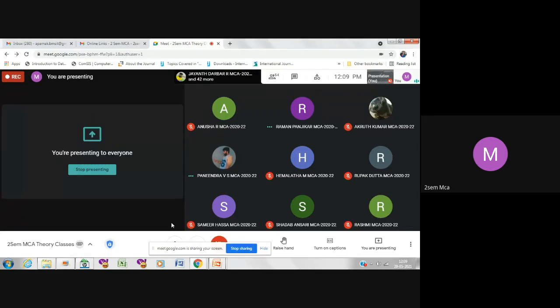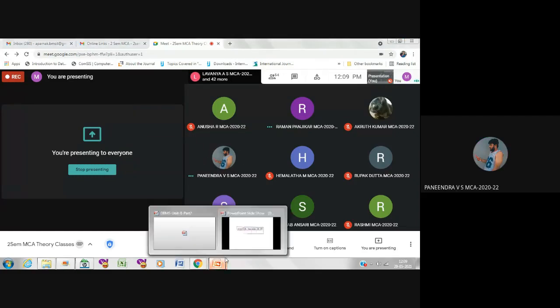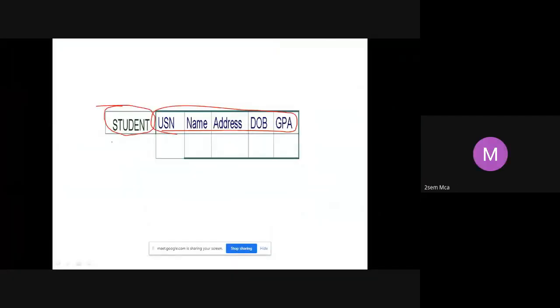All entities can be converted into tables. You can create a table for an entity. Now, in the relational model concept, you call a table a relation. So in this case, you can call student a relation, or you can call it a table also. No problem. You are converting the strong entity into a table.